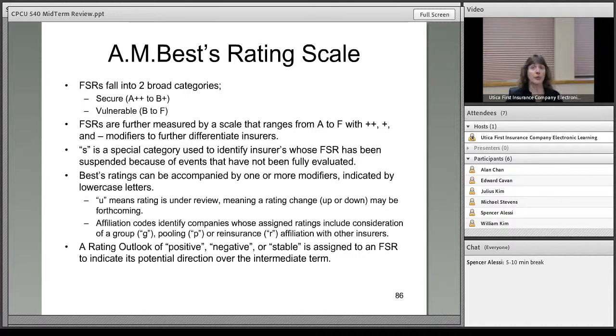Not only do they give the numbers, but they give these qualifiers, the plus and minuses. They have smaller digits like an S, that's a special category, and it doesn't mean good or bad, it just means we've suspended using a category or identifying what their rating is on this particular company because something's happened and we haven't fully evaluated it yet. There's also a qualifier of a U, which would be just under review, meaning that the rate may be ready to go up or down. And then there's also affiliation codes like a G for group, P for pooling, or R for reinsurance. And then there's a rating outlook of